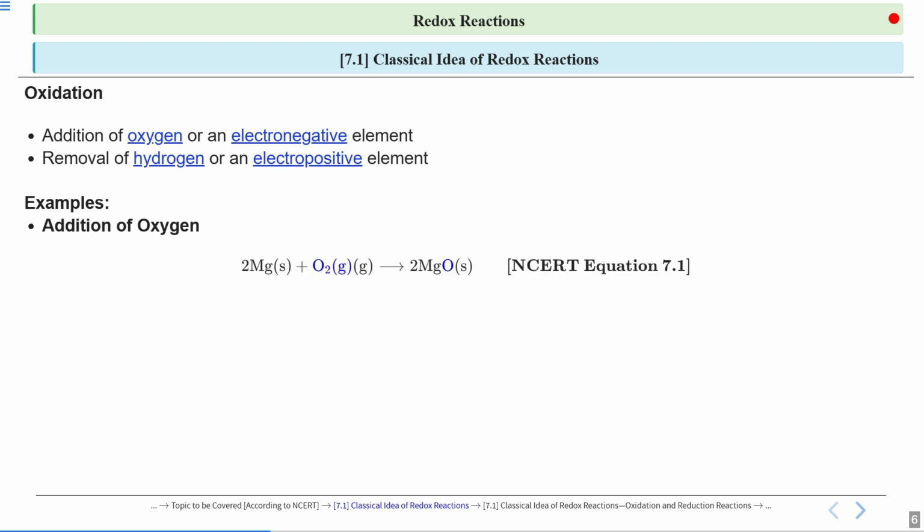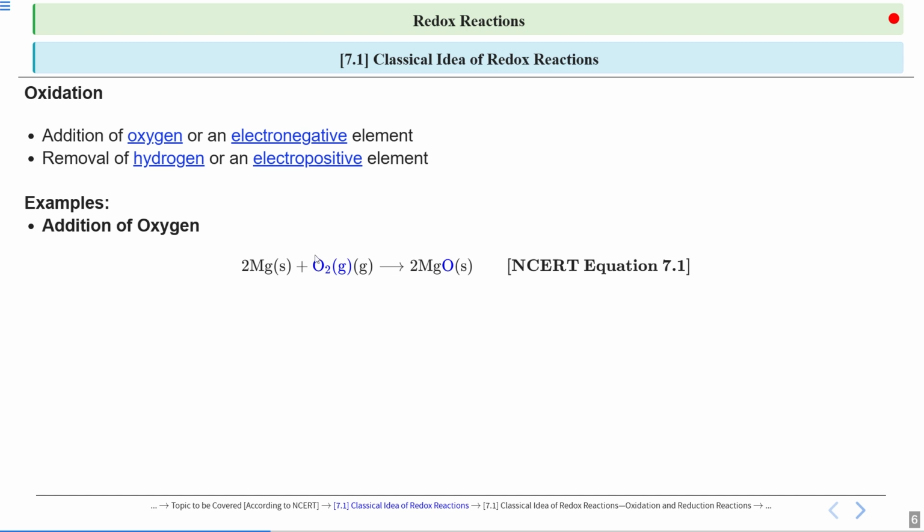So in this reaction, the magnesium is reacting with oxygen and forming the compound that is magnesium oxide. We can understand it in a manner that if you look over the reactant, the magnesium and oxygen are present separately, and then they are combining and forming a product that is magnesium oxide.